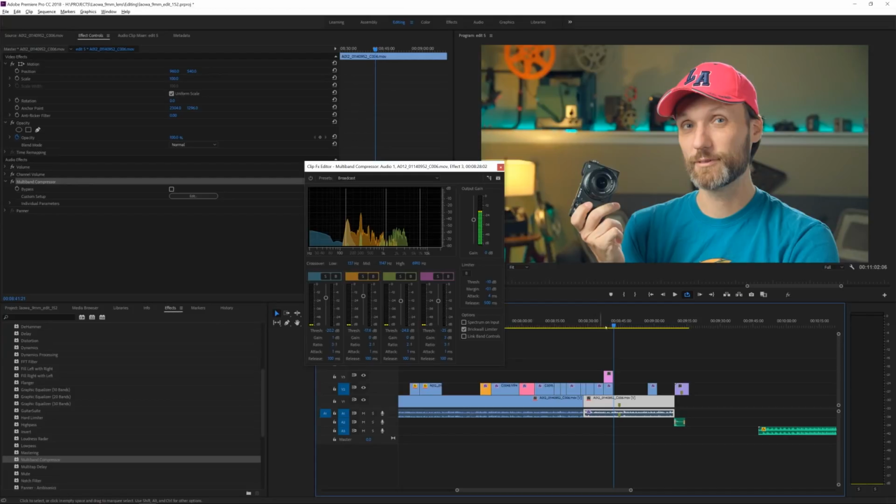And the next thing I want to do is definitely fix some of those problems with the audio. So let's play this section here where you could hear the footsteps. And now, because we have the compressor applied, you're going to be able to hear a lot of those other sounds a lot better, because it takes all the quiet sounds and all the really loud sounds and compresses them in one range. So they're all more or less the same volume.